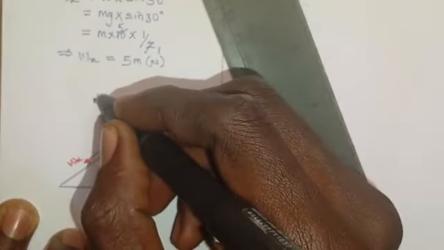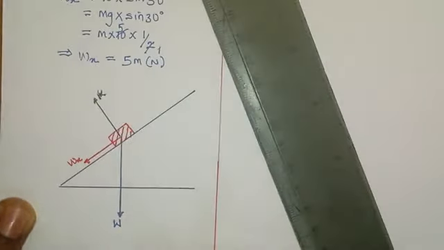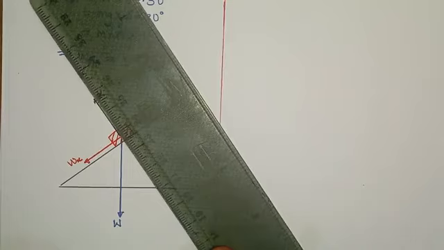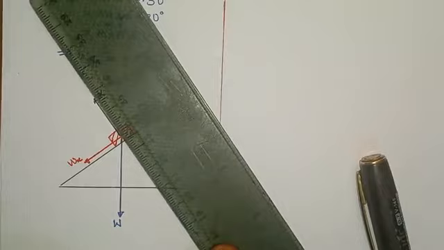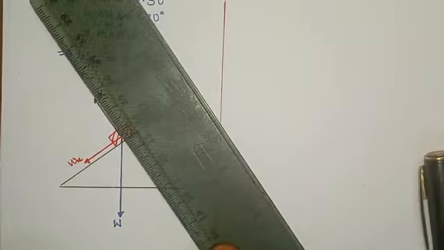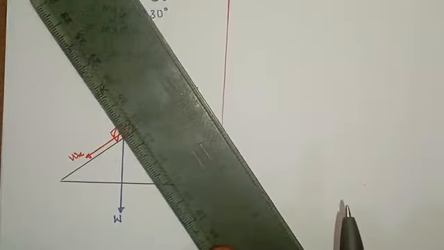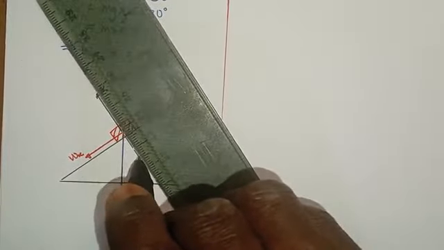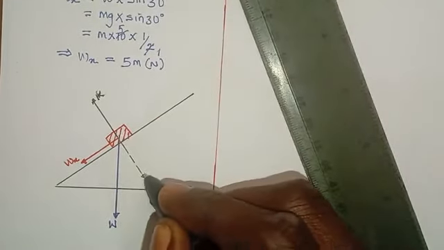So normal reaction is R. I hope this is taken. Now, the component of the weight perpendicular to the plane, which is always equal to the normal reaction. So here's the component of the weight. We call it